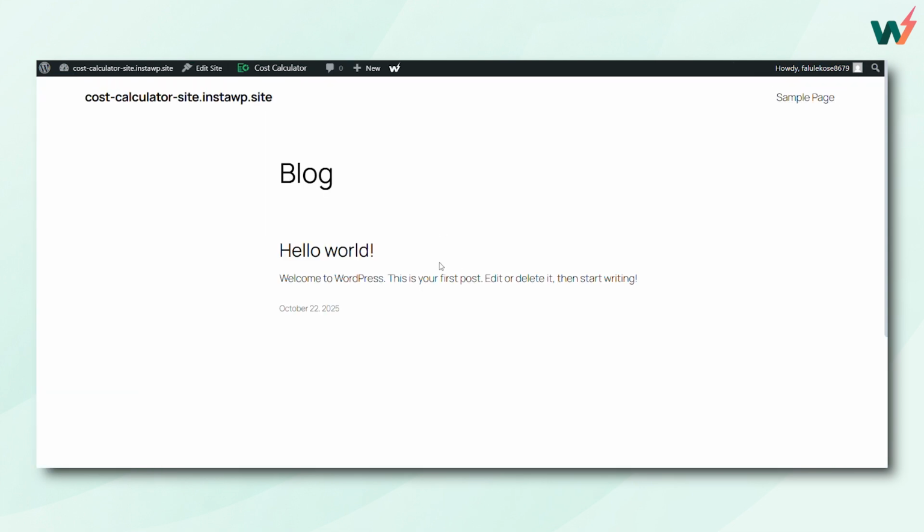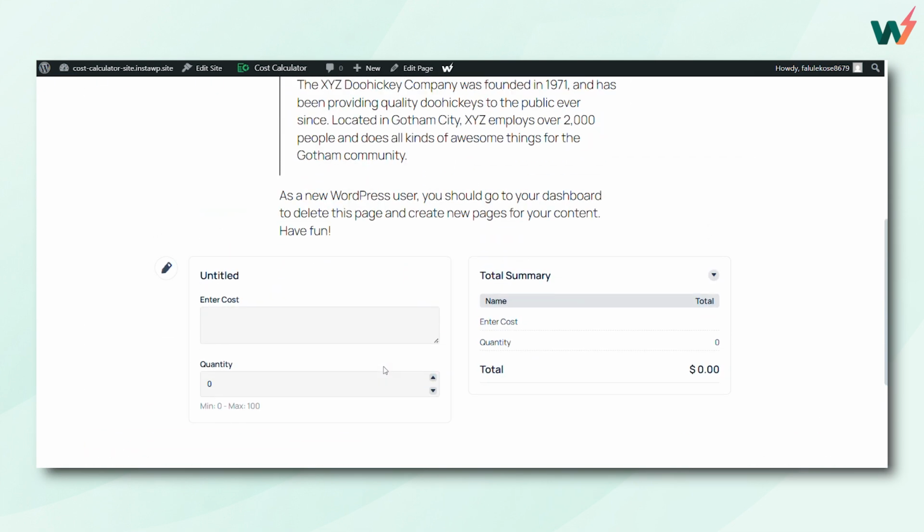Let's open the live site to see how it performs on the front end. On the sample page, our calculator appears